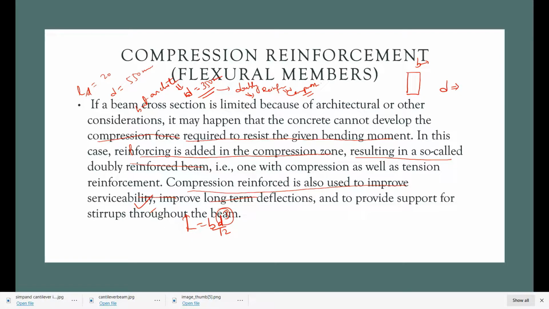If we increase the width of the beam, the moment of inertia increases only linearly, which is not much effective. So we always increase the depth to get a higher moment of inertia, and higher moment of inertia means higher resisting capacity, or higher stiffness, which means less deflection. That's why we increase the depth.